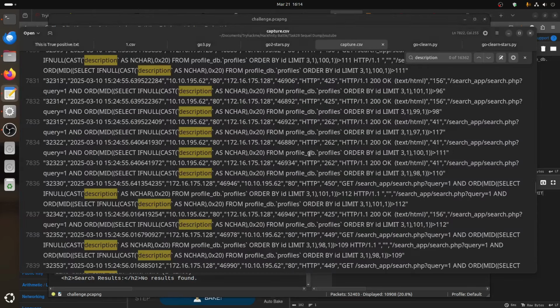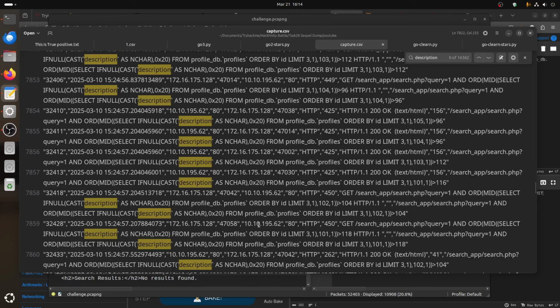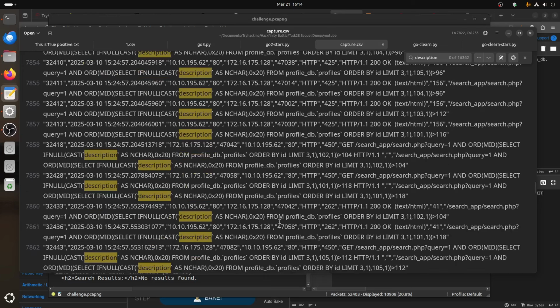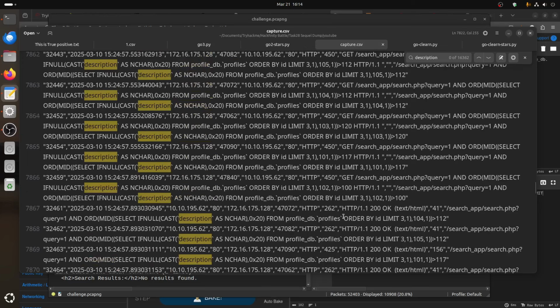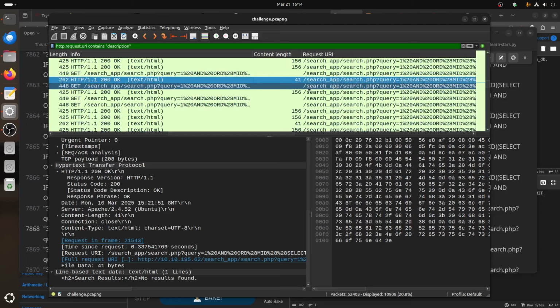So when he's doing this checking, when he does this limit, where is the limit? You see, when he's doing this limit check, how does he know if it's true or false? To know if it's true or false depends on this reply. So if it tells him search no result, meaning the length is 41, it means